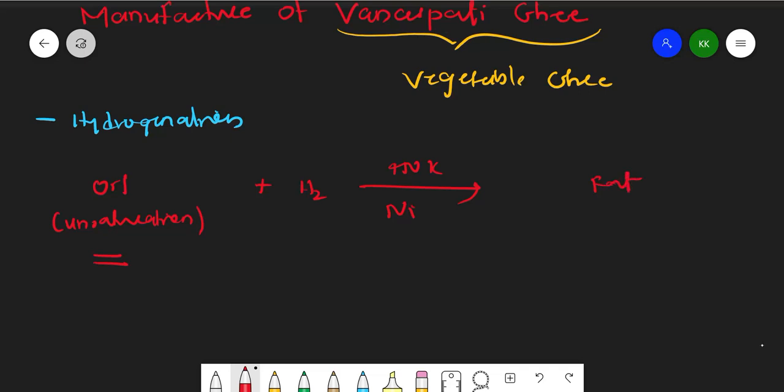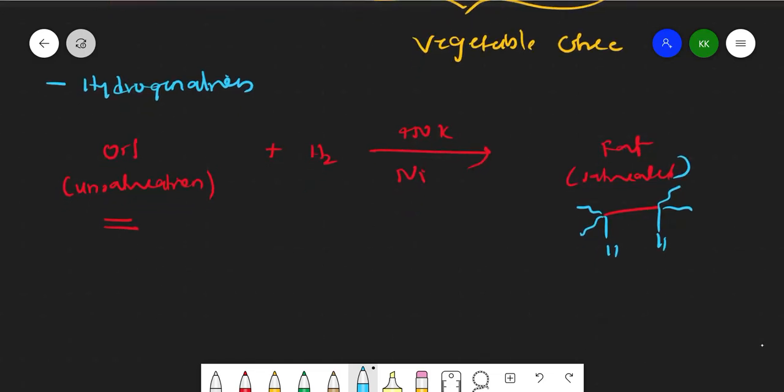That is, here we'll get vanaspati ghee, right? Which is saturated, because two hydrogens will add here. Other substituents will be there, no doubt, but hydrogens are added, so unsaturated becomes saturated, right? So this is the reaction, but we do it in a commercial method. How we will do that, we shall see.